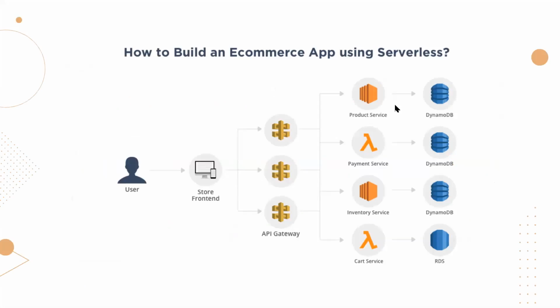And now I'll go through some example use cases of different applications that you can build using AWS. For example, here we have an e-commerce app, right? And let's say this user is looking at a website. This website is, for example, Uniqlo.com. And you go to Uniqlo or Macy's or whatever website, and their website is directly connected to their API gateway, right?